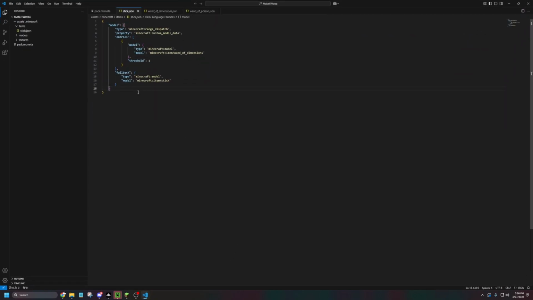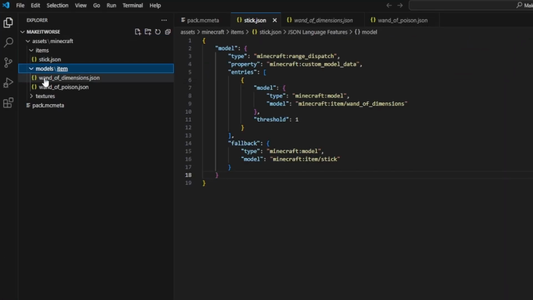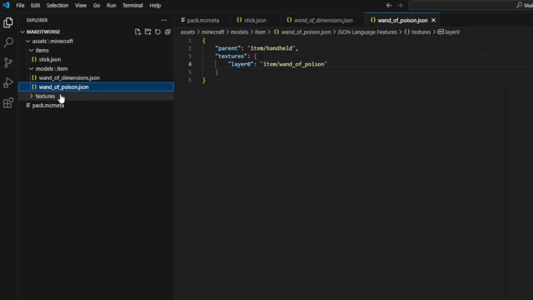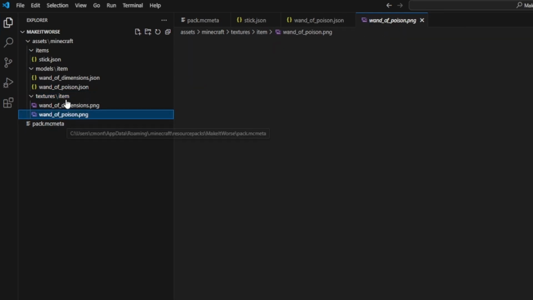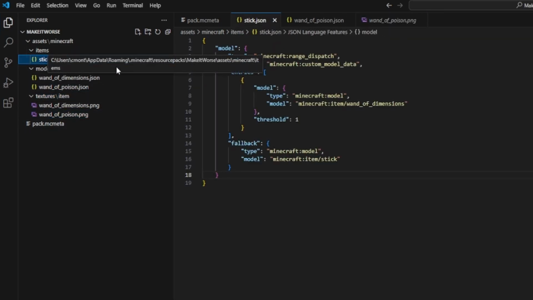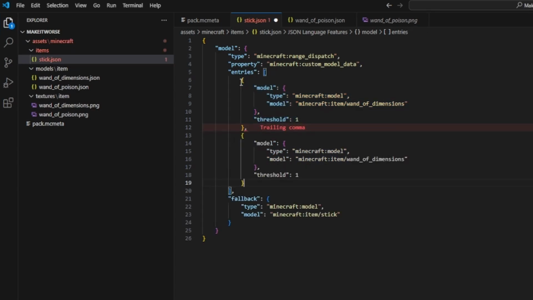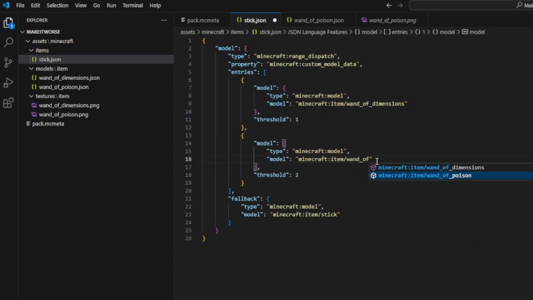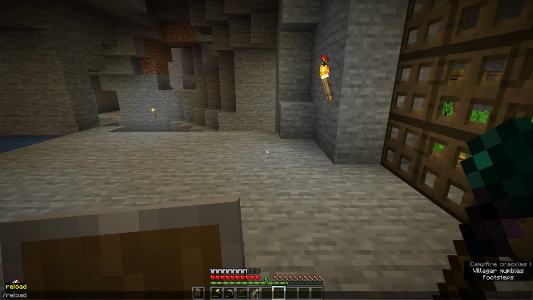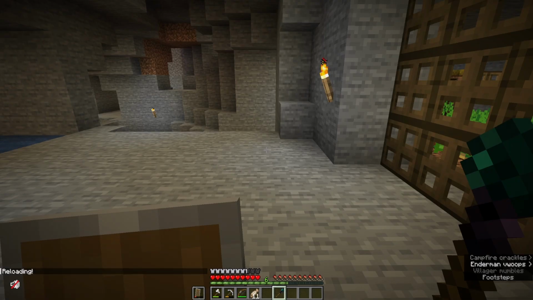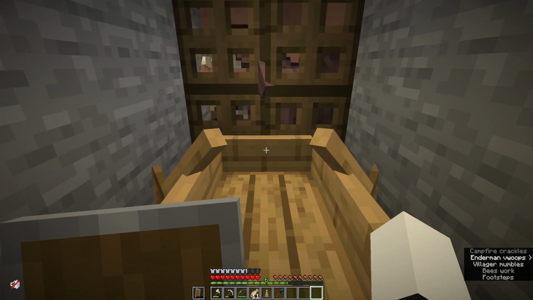We actually have to open up the resource pack. And I already added in the model, Wand of Poison, and a texture, Wand of Poison. So in our items, we're going to create a new entry in our items, and this is going to be threshold of 2, and we're going to set the item to Wand of Poison. We'll go ahead and do /reload, and I actually don't have any redstone, so we're going to have to grab